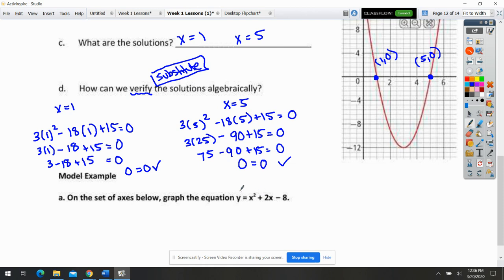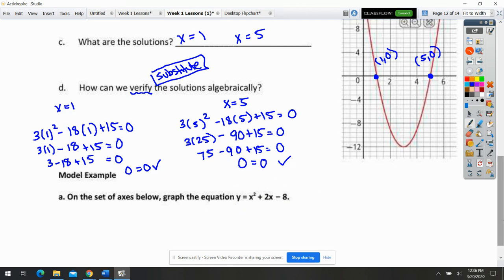So you're going to try this on your own, okay? This is going to be part of your practice. I want you to graph this on Desmos or your calculator and identify where those solutions are,